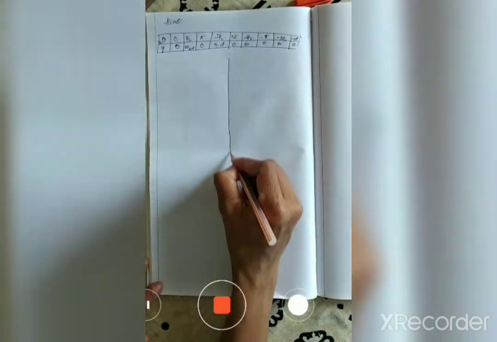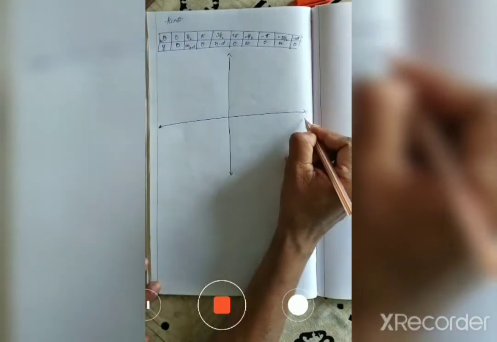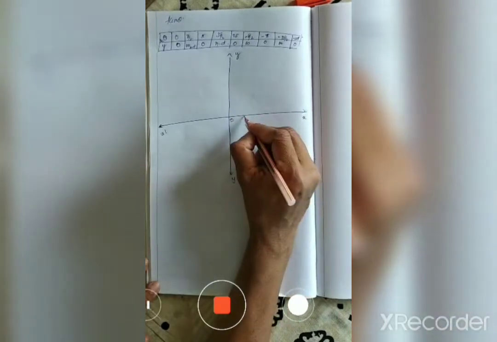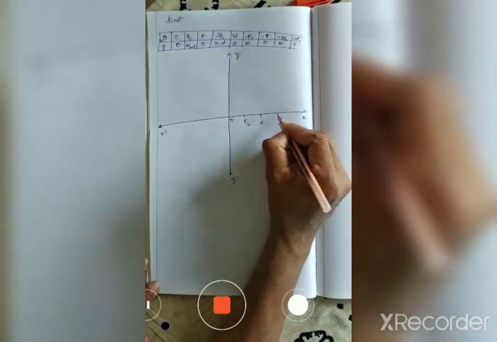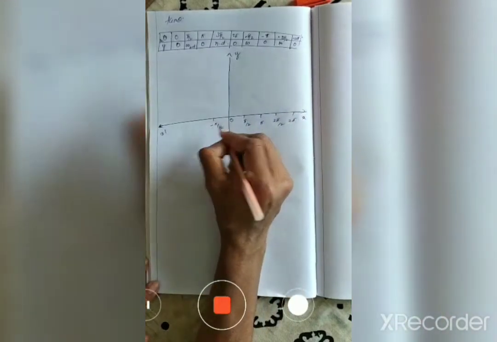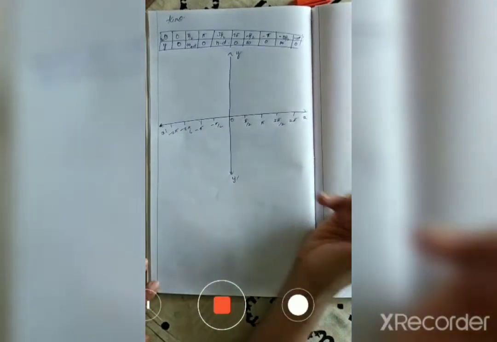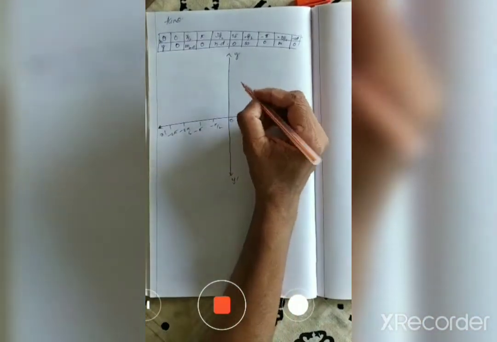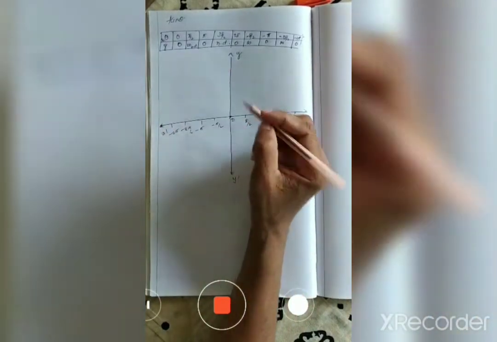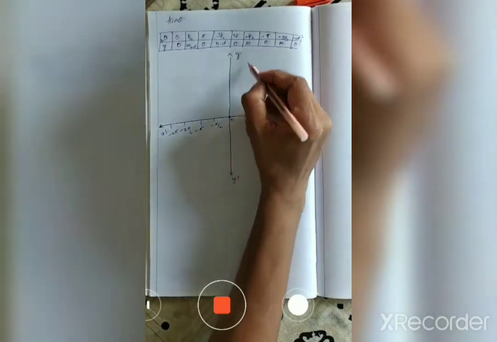Let us plot the graph. X, y, x dash, y dash, 0 degree. Here pi by 2, pi, similar to previous ones, 2 pi, minus pi by 2, minus pi, minus 3 pi by 2 and minus 2 pi. So tan 0 is 0. Here you cannot mark the points on y-axis because it goes up to infinity. Next, let us consider this.